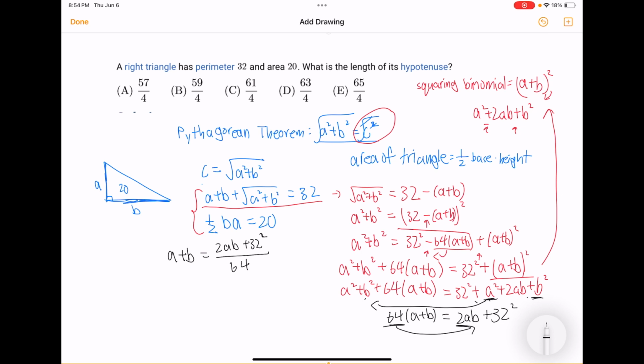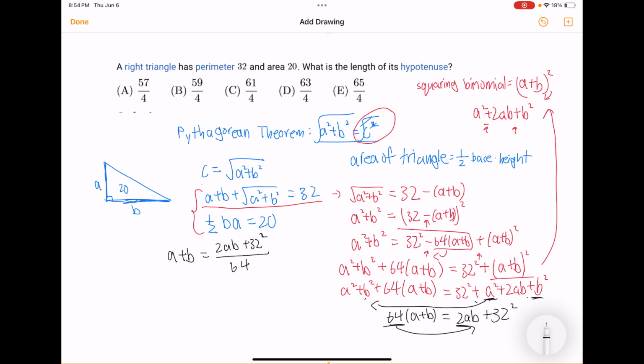And keep in mind that you don't always have to figure out what each variable is. If finding out what a plus b is or what a times b is would really help in other situations. But in this situation right here, by using the system of equations, we have come to a conclusion